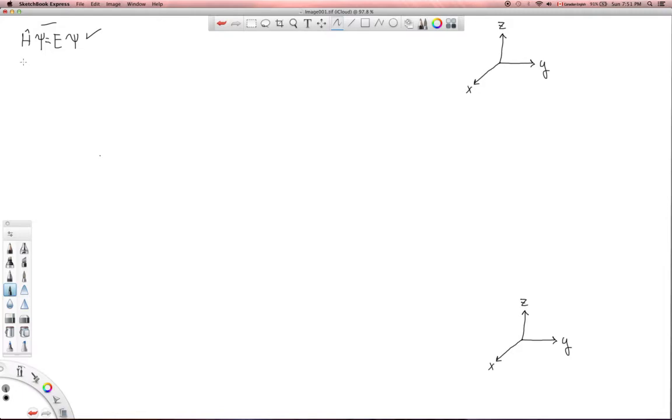So here I have this little guy here. This is known as the Hamiltonian operator. A little hat on top of the H says it's an operator. And basically what I put in here is the kinetic energy of the system that I'm looking at, plus the potential energy. And that energy then operates upon psi, which is a wave function, which is kind of,